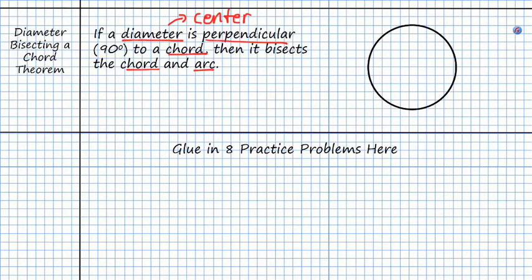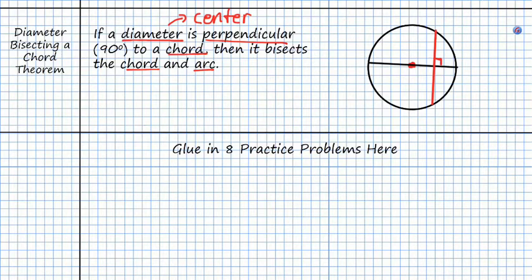So let's go ahead and mark that. All right, and then let's mark our diameter here. Looks like that's a little bit inaccurate. Here, let's go here instead, or maybe here. All right, so we've got our diameter, and then we will have a chord, right? And we want to make sure that the chord and the diameter are at a right angle together. And so if this is true, then